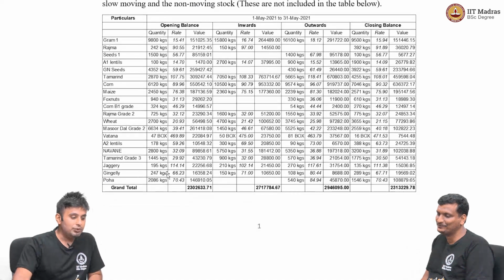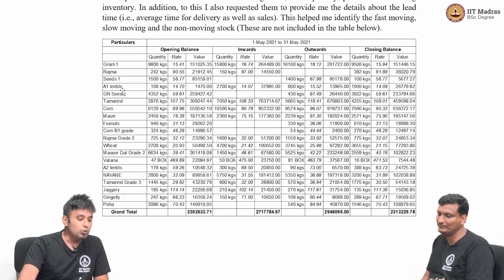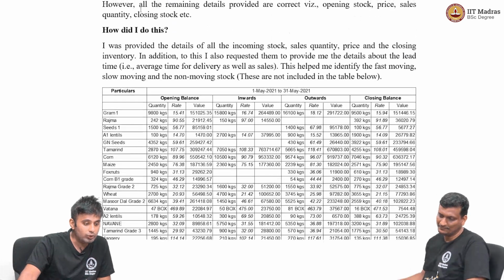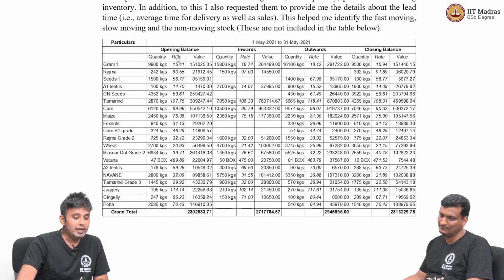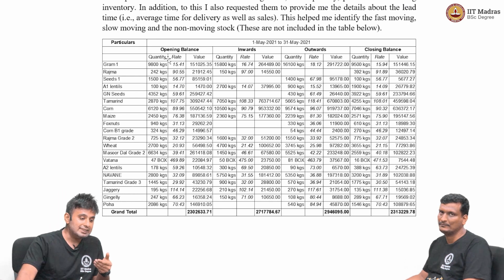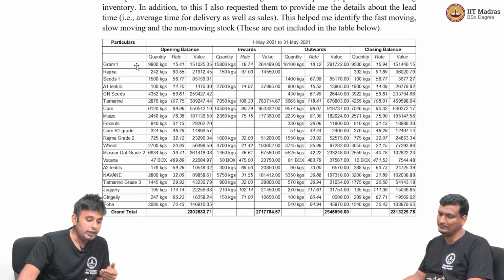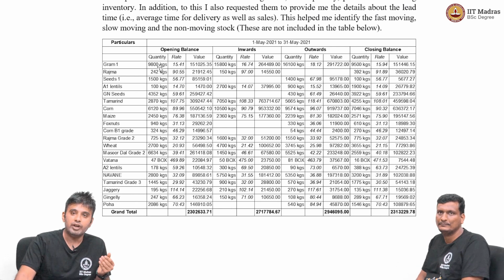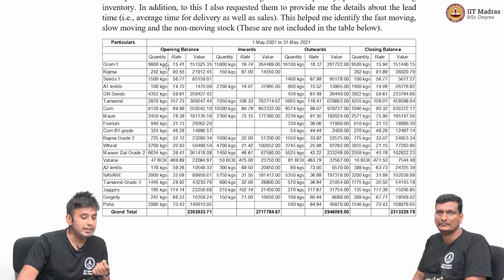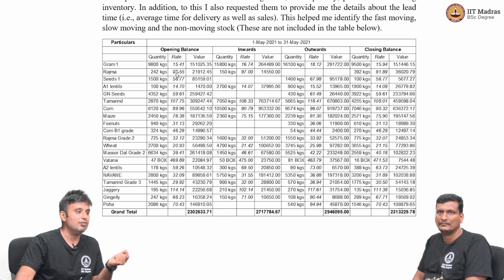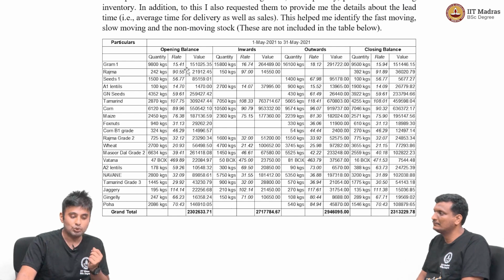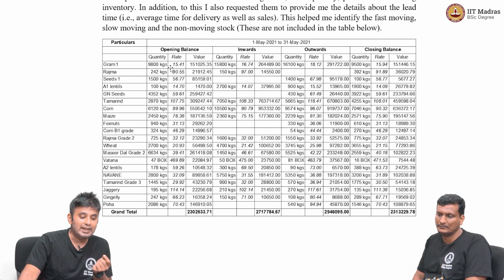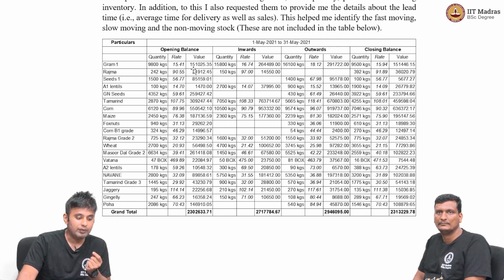So okay, so here you typically see the various particulars, which is the goods which is being sold by XYZ merchants, so XYZ traders in Chennai. So the opening balance is nothing but the inventory of these existing goods which were there in his warehouse. So he typically sold some 15 to 20 items. And he's a wholesaler. So wholesaler means they typically sell in 25 or 30 kgs and not like what is being sold in the retail stores. So that is why you will find that the rates are very less than what you see in the retail stores. So he had 9,800 kgs of gram 1, which was priced 15 rupees 41 paise